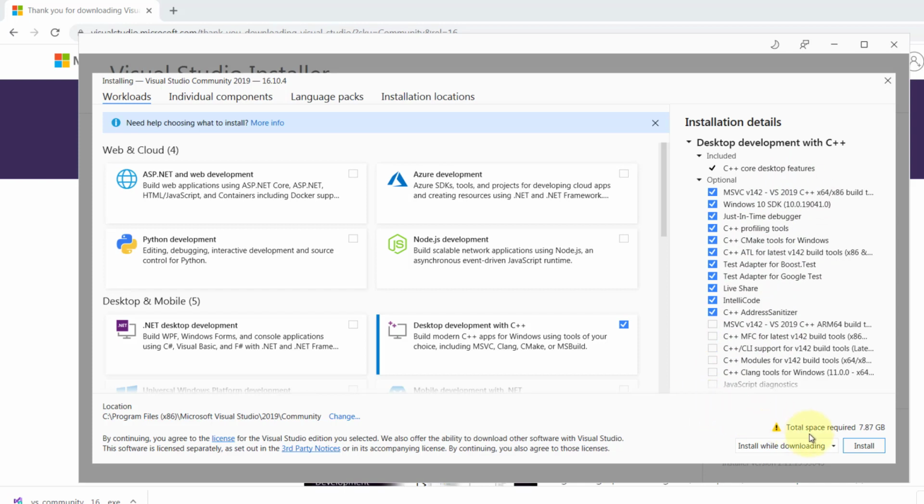After you have checked this checkbox here, you can see all the included features that will be downloaded and installed, and the total space required is 7.87 gigabytes, and the download instruction default is install while downloading. So just click on this button here to begin the download process,